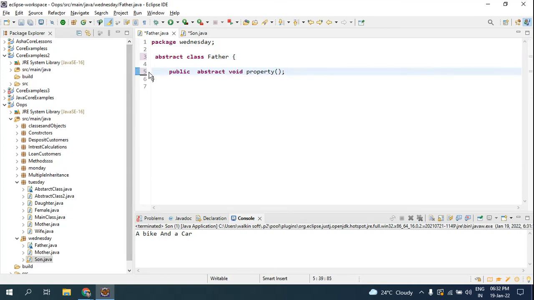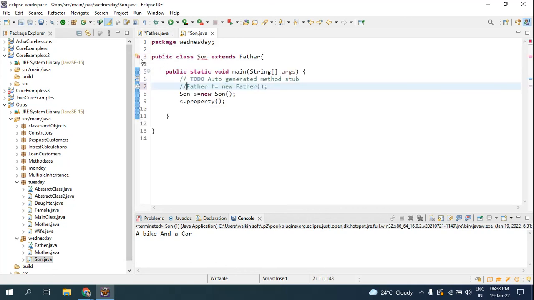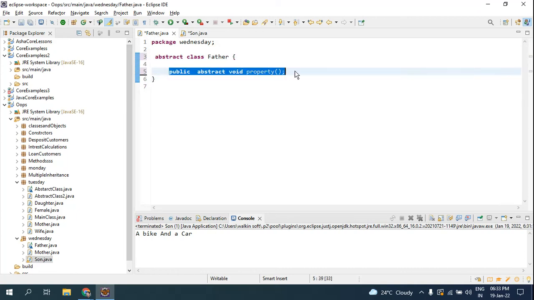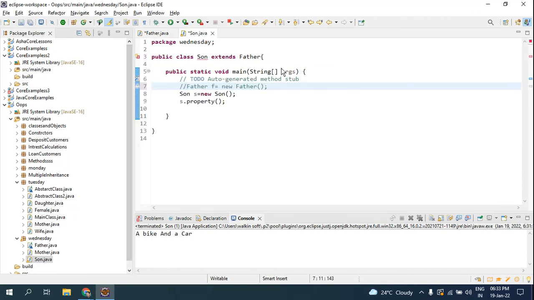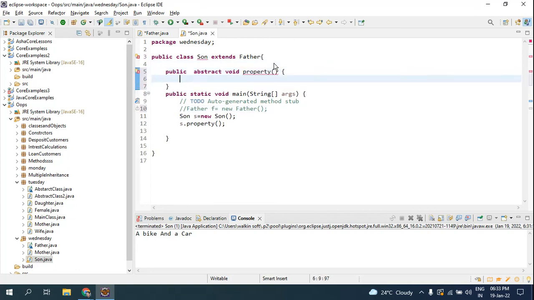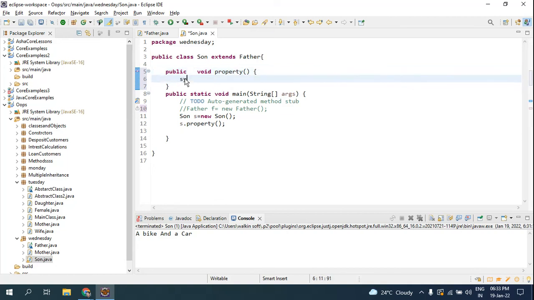Look, no error here. Now once if you use this keyword, and here when you come back, it is showing error because whatever the method the father has which is abstract, you have to give the functionality here. You have to write the functionality there. Let's use another abstract. Here no need to mention abstract because you are making use of the car here. So here if I write sys out, I am from fathers. Now if you run this example,